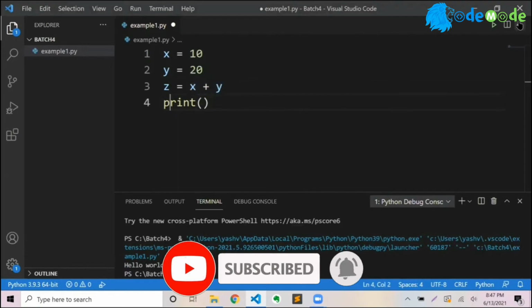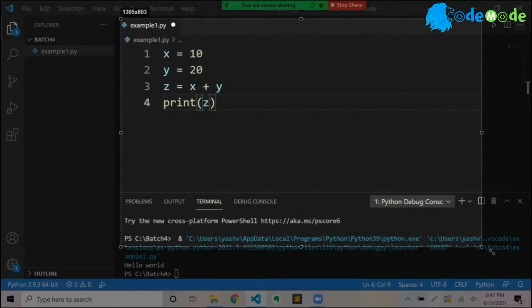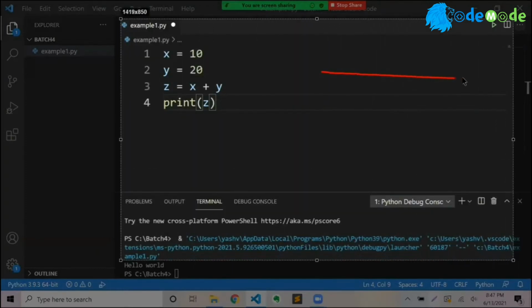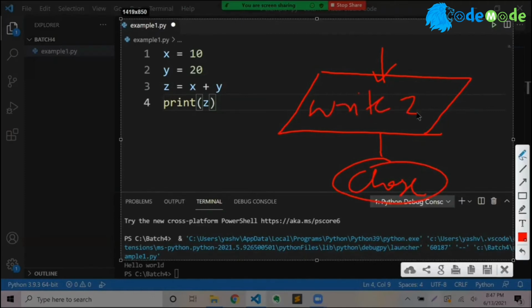And then finally I'm saying print, and I want to print the value of z, because that's how the user will know that I computed z. At the end, I want to give my output using the print command. Remember, print z is nothing but drawing a parallelogram and saying write z. Equivalent to that in Python, you say print z. Then this will be the last statement, close. I'll say write z, and this is what I am doing here using the print command.